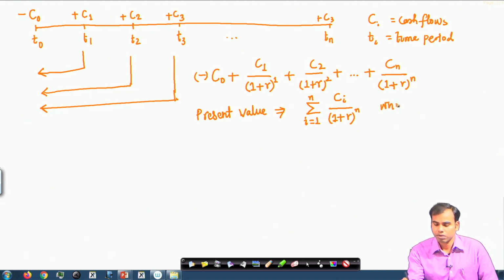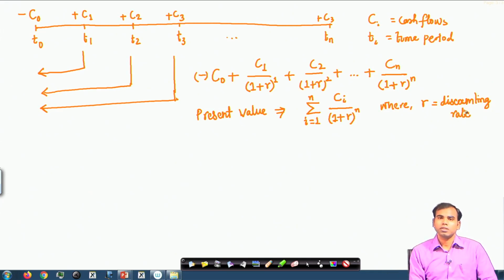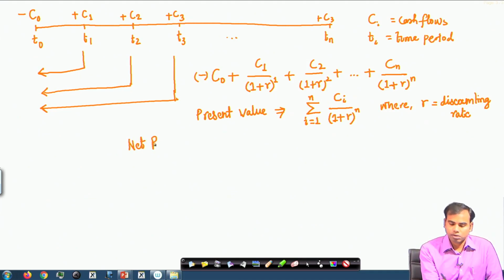Here R is the discounting rate, so discounting rate means this is a rate which can be used to discount the future cash flows to present time. So, present value is given as the sum total of all the present value of future cash flows, and when we try to calculate the net present value, essentially which is the decision criteria here,